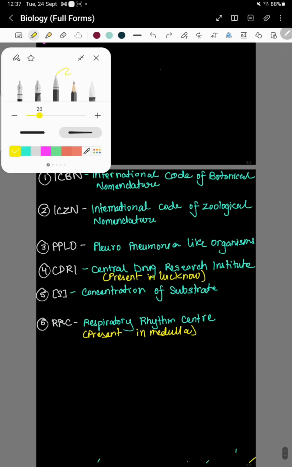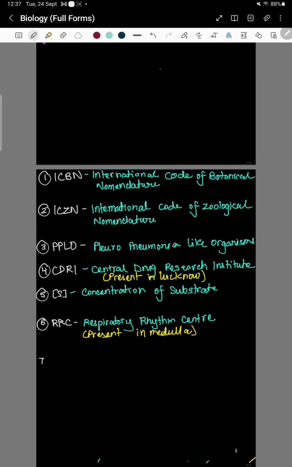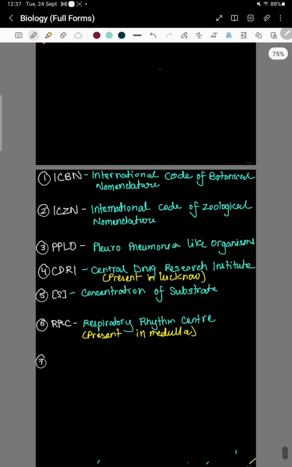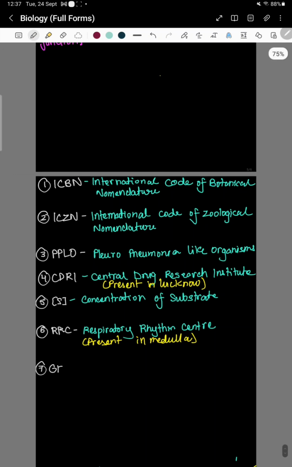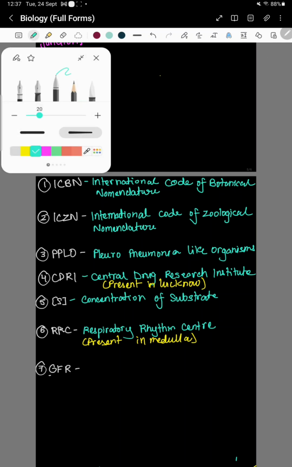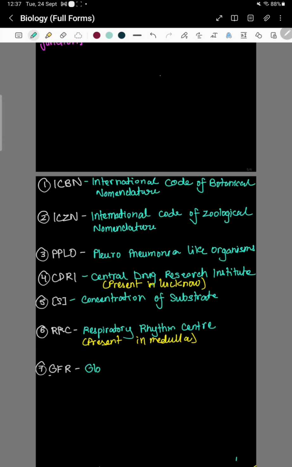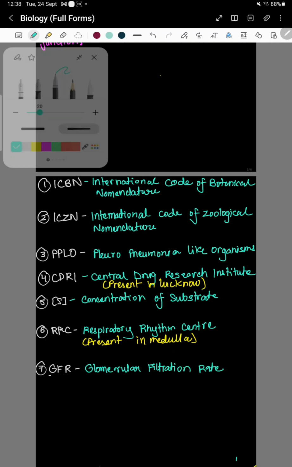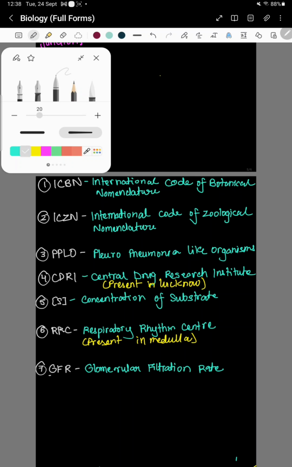Number 7, GFR, glomerular filtration rate. And JGA, juxtaglomerular